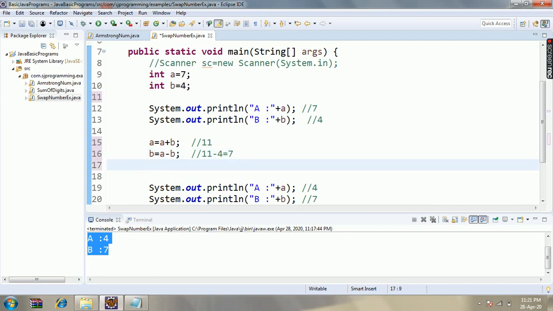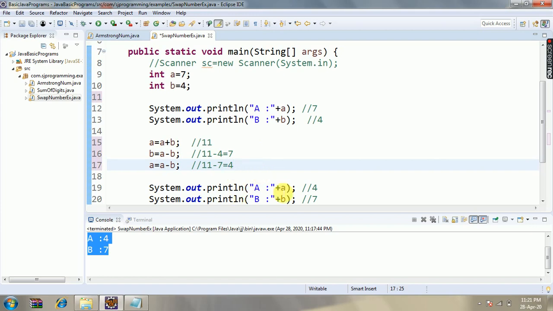Then A is equal to A minus B: the value of A is 11 minus the value of B. What is the value of B now? 7. So 11 minus 7 is equal to 4.